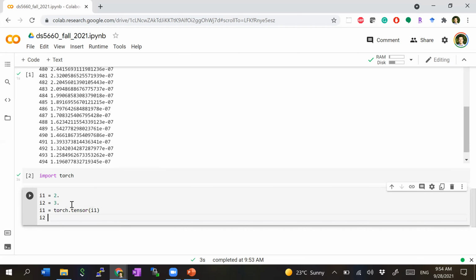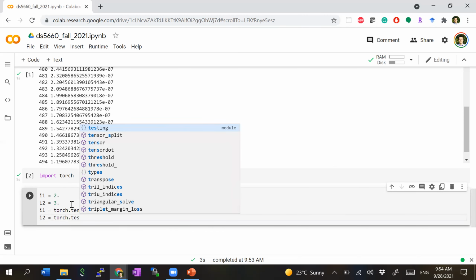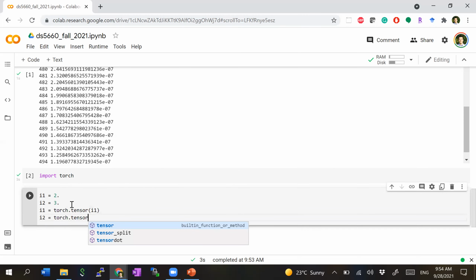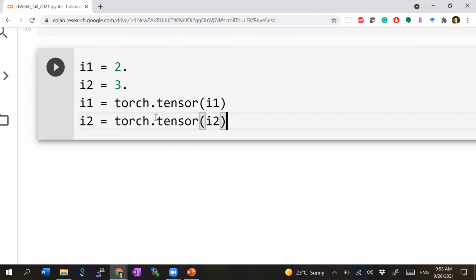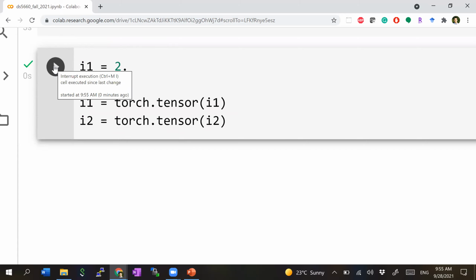I1 equals torch.tensor(I1), I2 equals torch.tensor(I2). I can make it larger actually, so let me make it larger. All right, hopefully this is better. So torch I1, torch I2. Then we write,